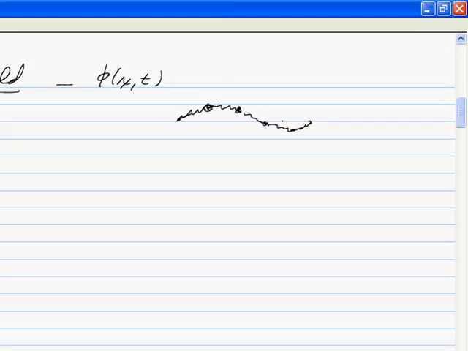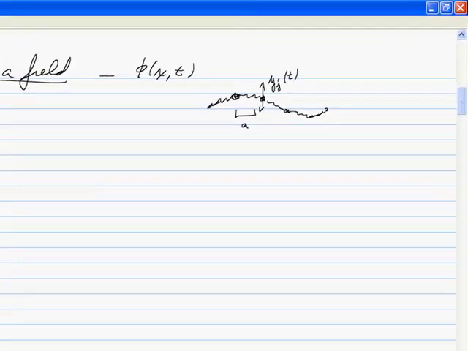Okay, so there's a bunch of masses there. Their spacing is going to be a. They're going to vibrate up and down, so their position is going to be y, and that's going to be a function of time. And they'll each have mass m. There'll be a uniform mass on a string.